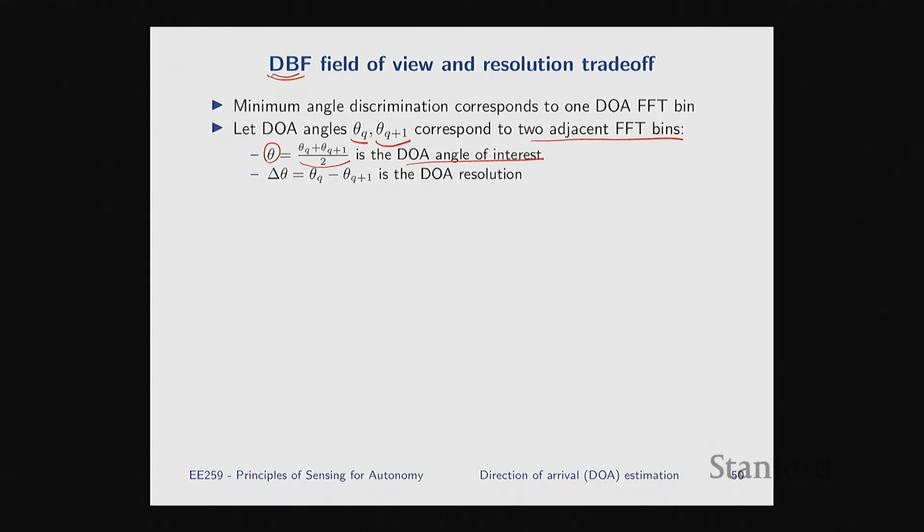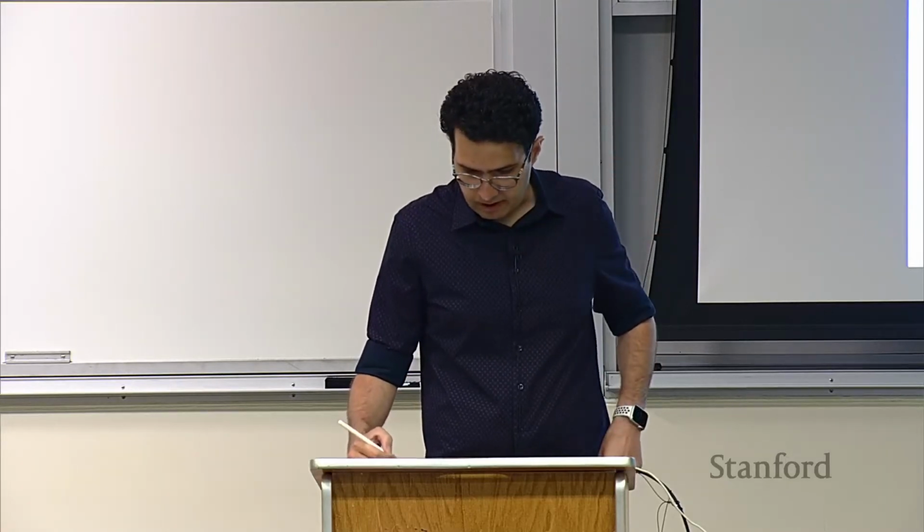And then the actual DOA resolution would be the difference between theta q and theta q plus 1, right? So that's just the delta. As you shift one FFT bin, how much the angle changes. So we want to find this delta theta. That's our DOA resolution. So we know that there is a nonlinear mapping between the actual angle and the FFT